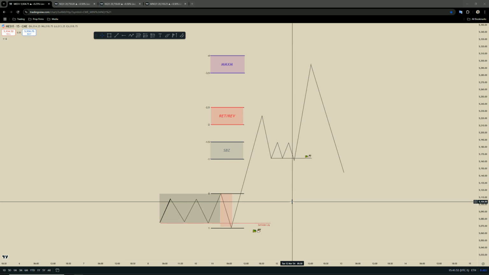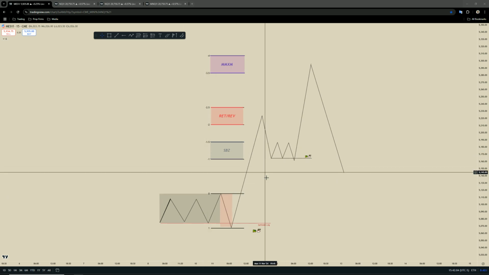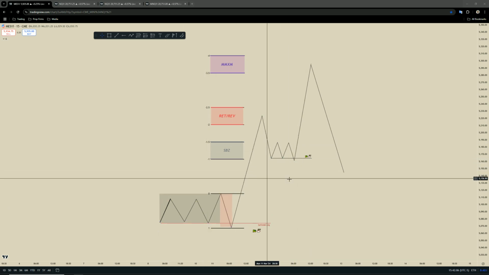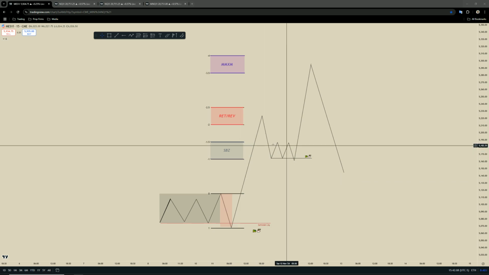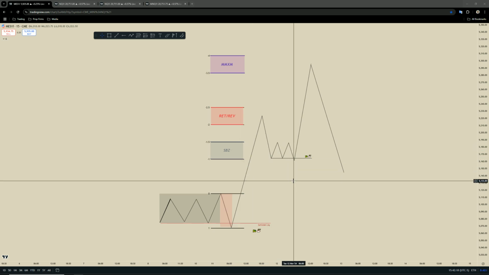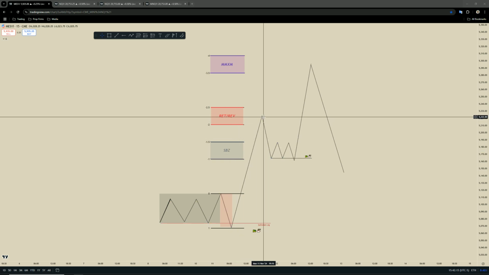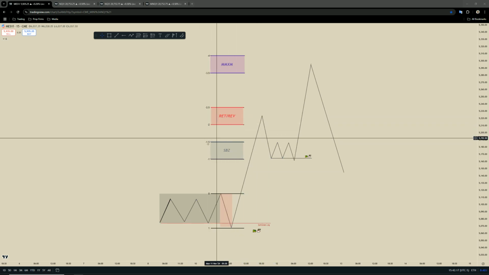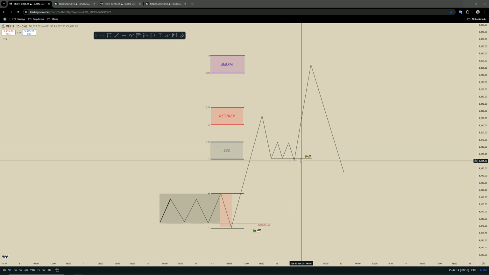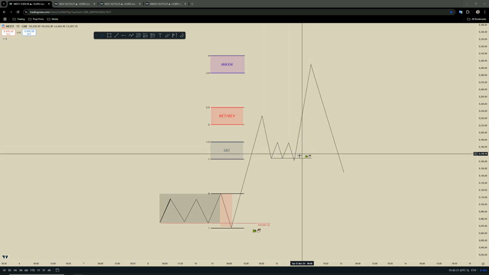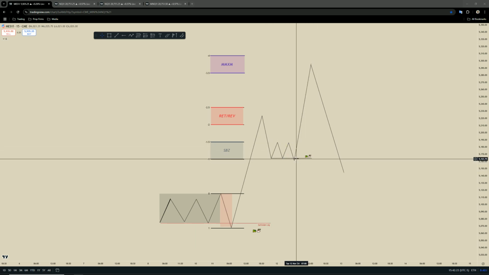At your 2 to 2.5, you could expect it to go to 1.5 to 1, which would be your silver bullet zone. It could also go all the way to 0, and this could be your whole re-entry point, your reconsolidation point, waiting for your internal model to play out, which a lot of people do. So let's say price goes all the way to 2 to 2.5. You're going to expect it to stay around 1 to 1.5, reconsolidate, giving your second entry, your internal model with another soup, and you would expect price to go to your